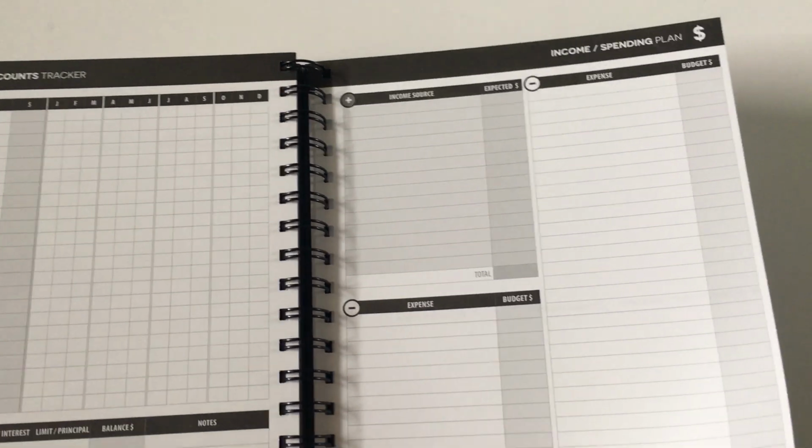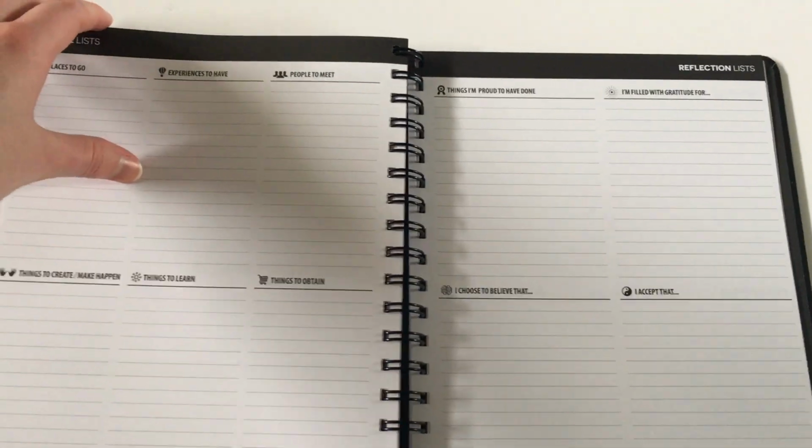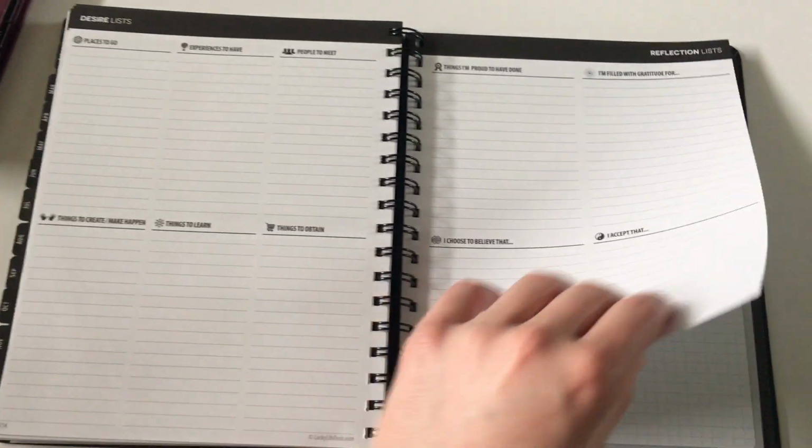a financial accounts tracker, which is obviously very handy. Some spending trackers. Probably not enough of those. If I had to say a con, there should probably be more of those, or one for each month would make it even more useful. Some lists pages,